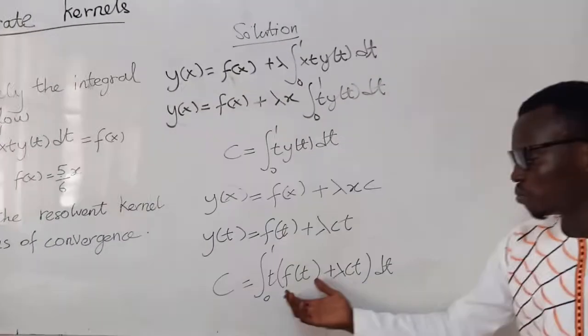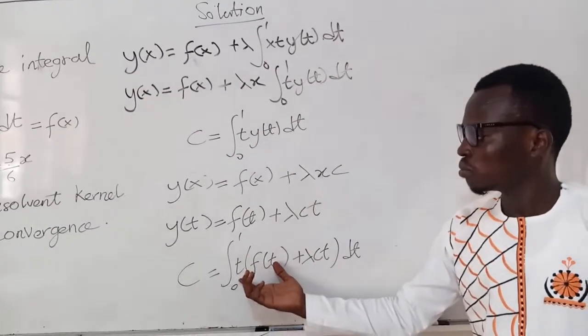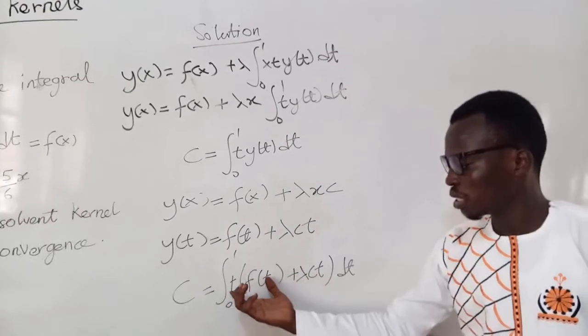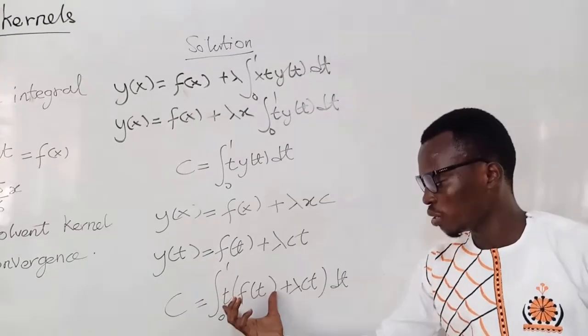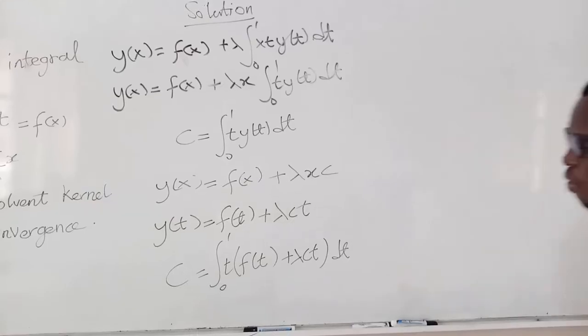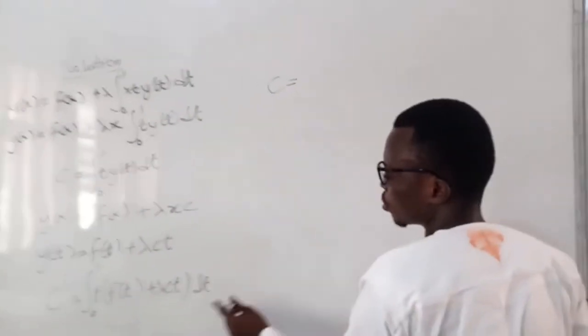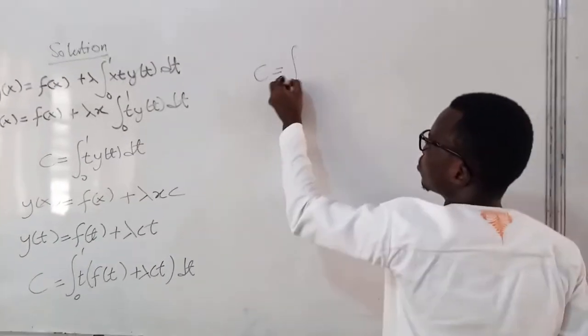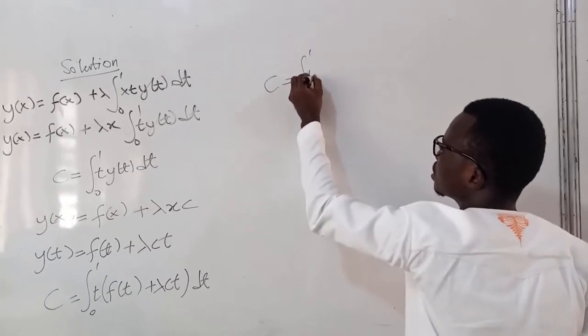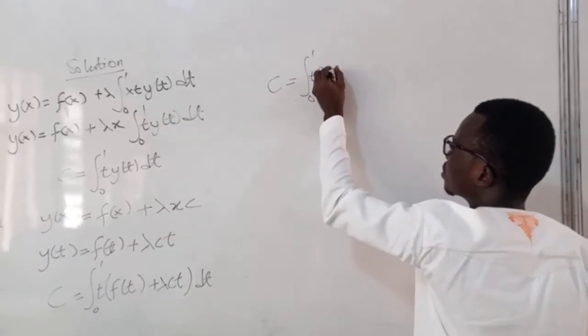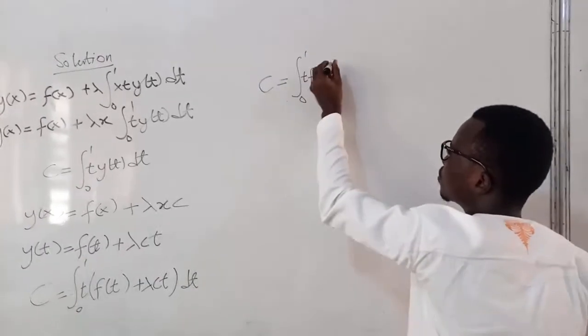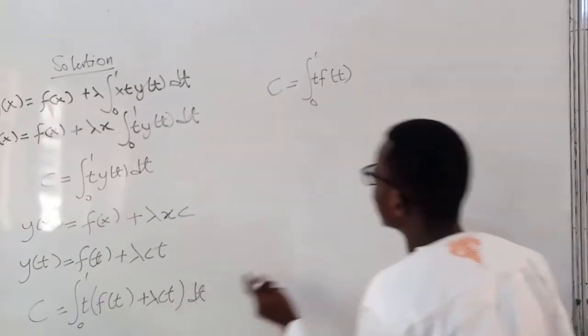Now let's open up this integral. Our c becomes c is equal to the integral from 0 to 1 of t f of t dt,